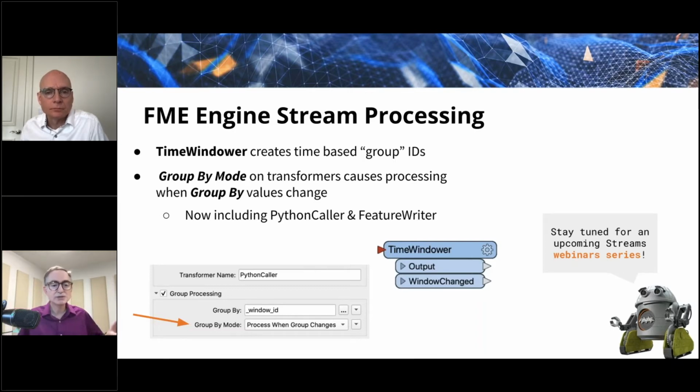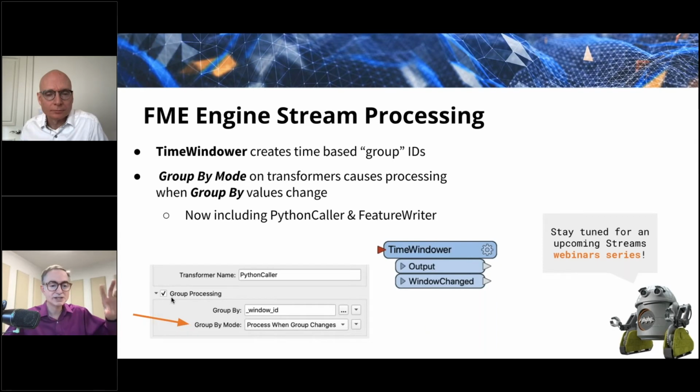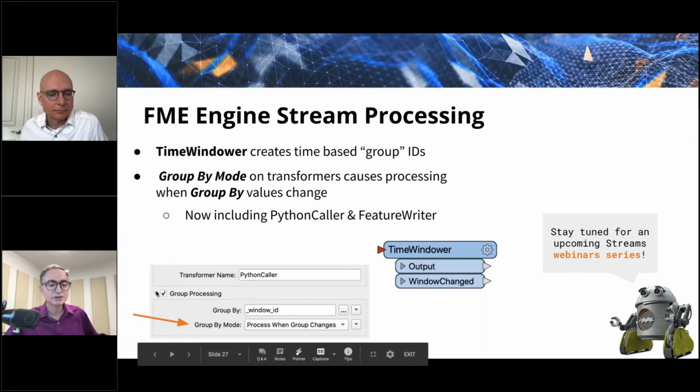The other thing is we changed the UI a little bit to bring forward the group processing when you're using it and hide it when you aren't. Group processing is now a toggle that you can flip on. And of course, if you have old workspaces, they'll just do the right thing. If you have a new one that's collapsed by default, you open it up and you can flip it on.